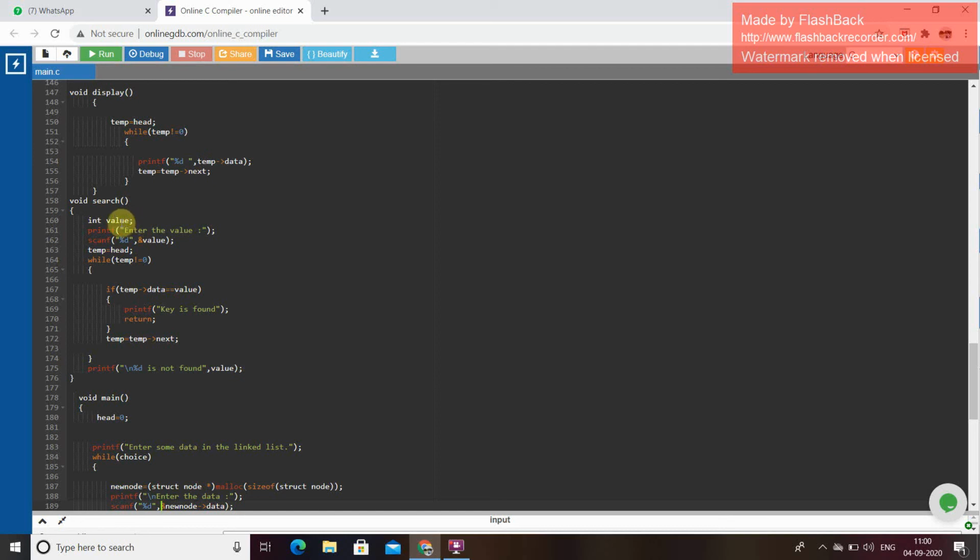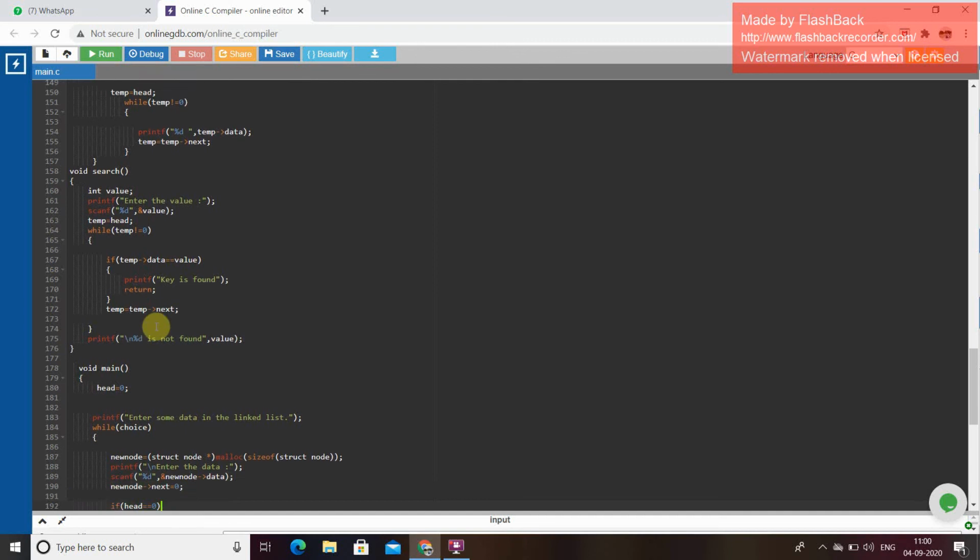Again we have to give void search, int value, print "enter the value", scan %d value. Then temp = head, while temp is not 0, and we have to give if temp->data == value, then print "key is found".